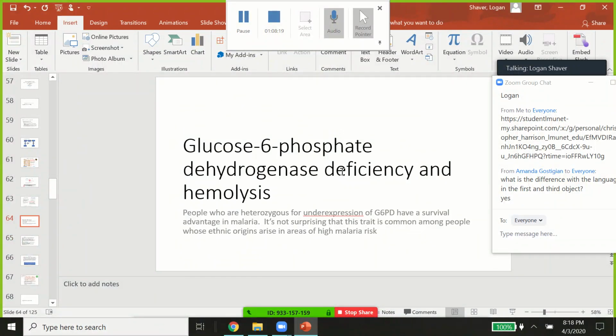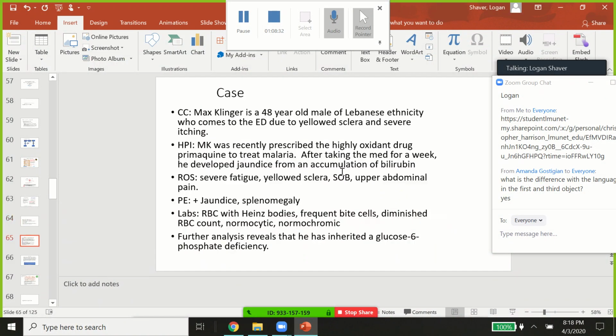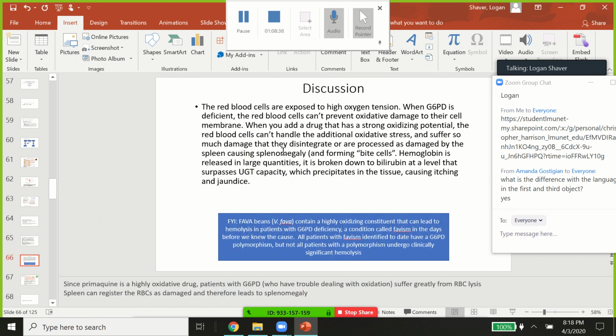Now on to G6PD deficiency and hemolysis. I bet you guys really love G6PD at this point, like we all did last year. You just hear it all the time, right? Can't escape it. Anyway, I left the case in there, but it's not super important. The thing I thought was important, she says FYI, but I know it comes up at some exam. Maybe it's not this exam, maybe some other exam, but I know it is important to know at some point in Pharm, the whole G6PD